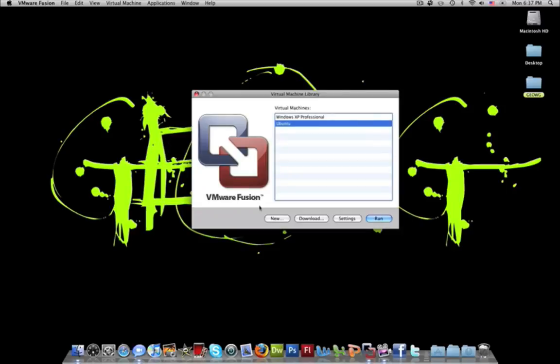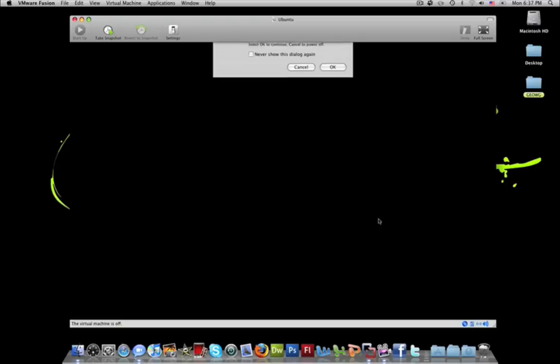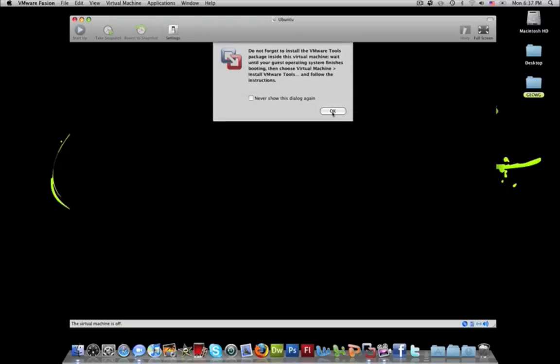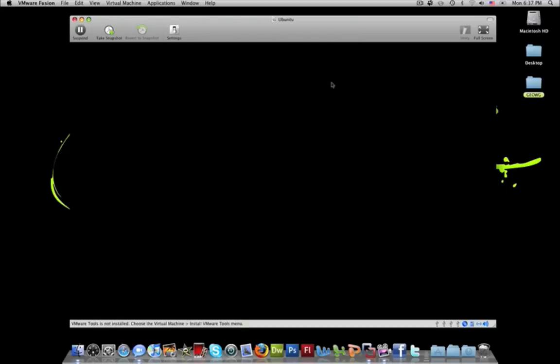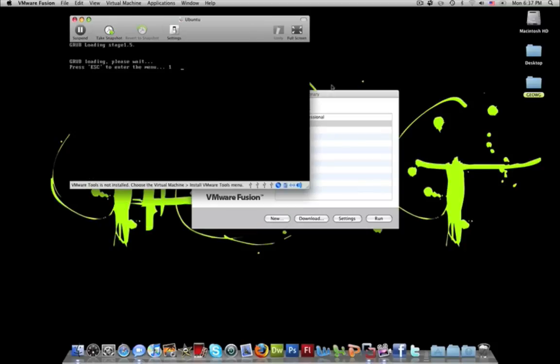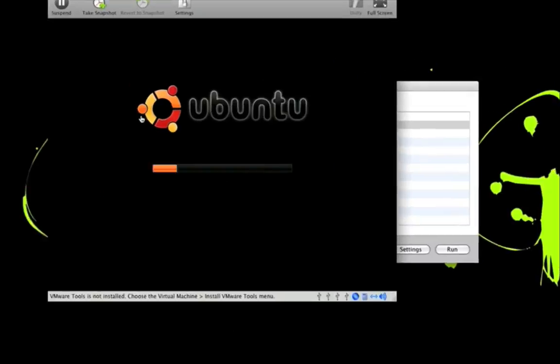So I've gone through the process. I've installed Ubuntu, or Windows XP in this case. And now it's time for me to show you how this really works. I'm going to show you Ubuntu just because it's a smaller operating system, so it'll just run faster. It gives you some warnings, install this, update that. Anyway, while Ubuntu's booting up, I'm just going to show you a couple